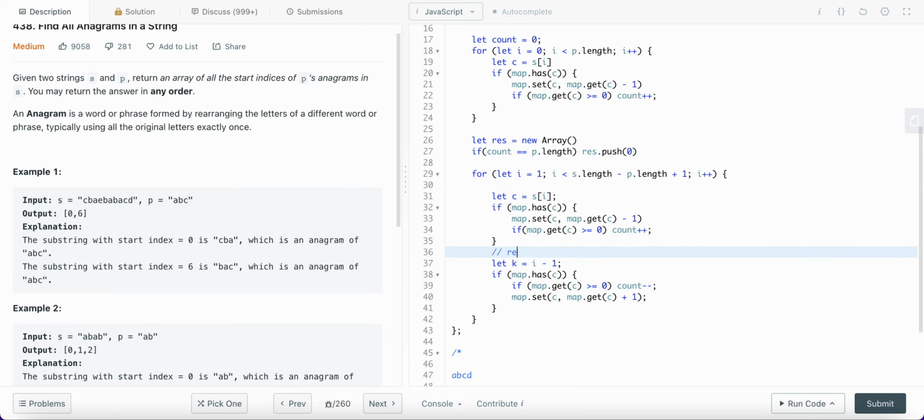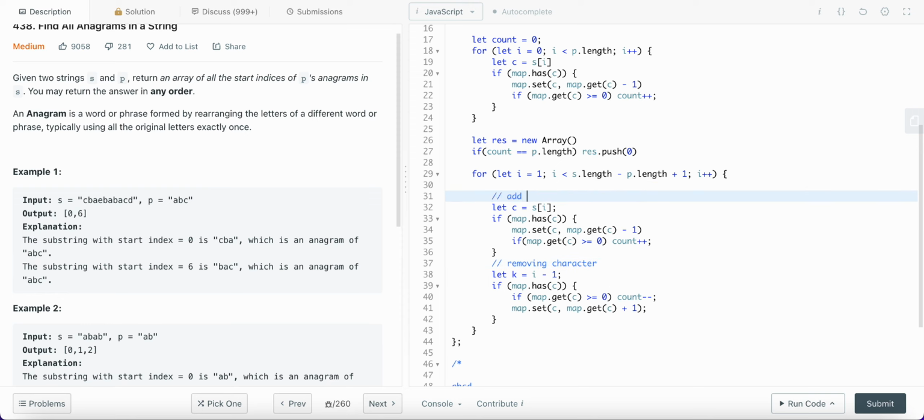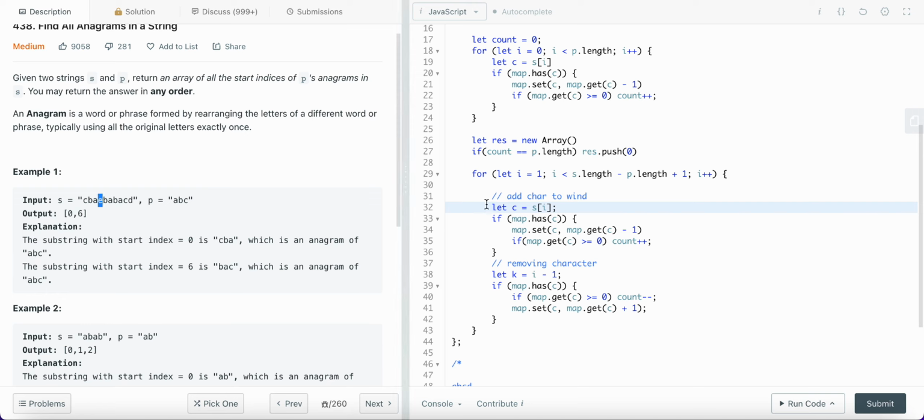So here I am removing a character from the previous window, and here actually I need to add a character to my window, right? So what I am adding, my previous window was this, now my current window is this. So I already have PE, I am actually adding only the last character, right? So this i should be something else. So what would it be? It would actually be